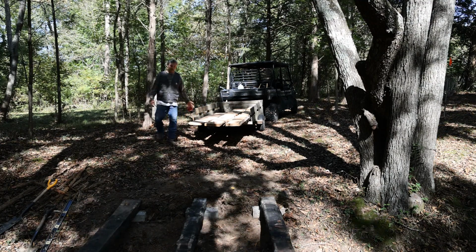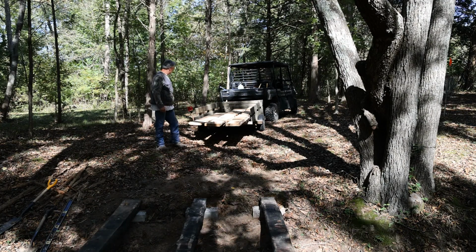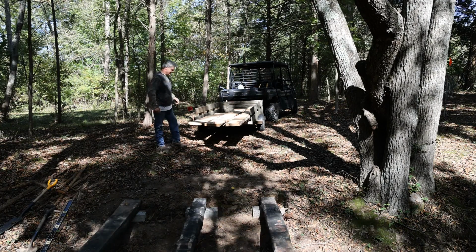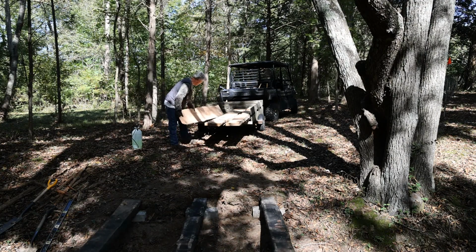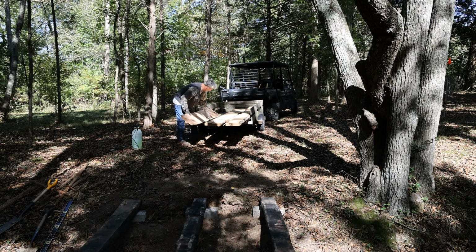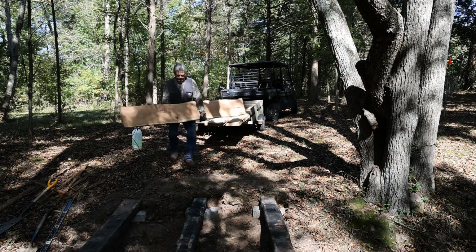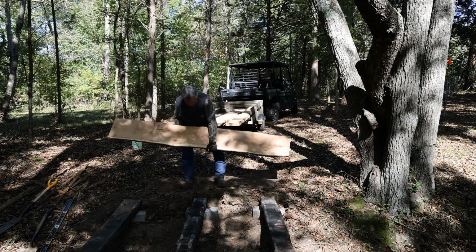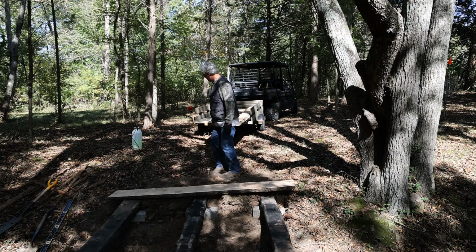Well, we're finally getting to use some of the milled material, so I am happy about that. I'm hoping I've got enough to cover this thing. Boy, this stuff is still heavy too. Now,